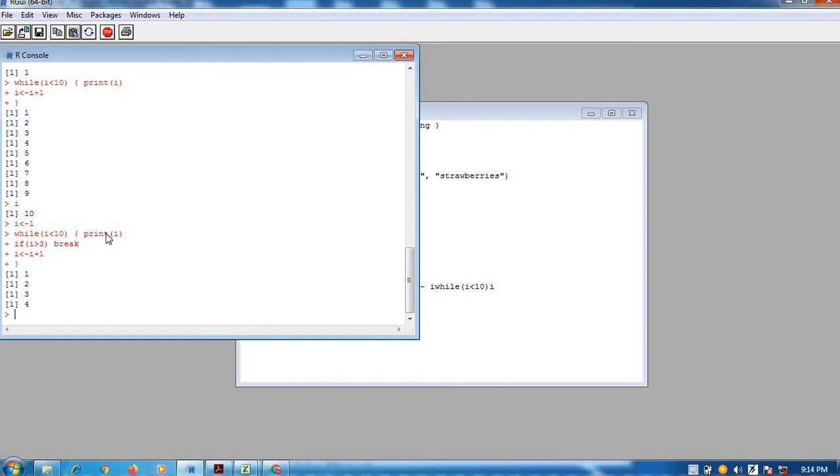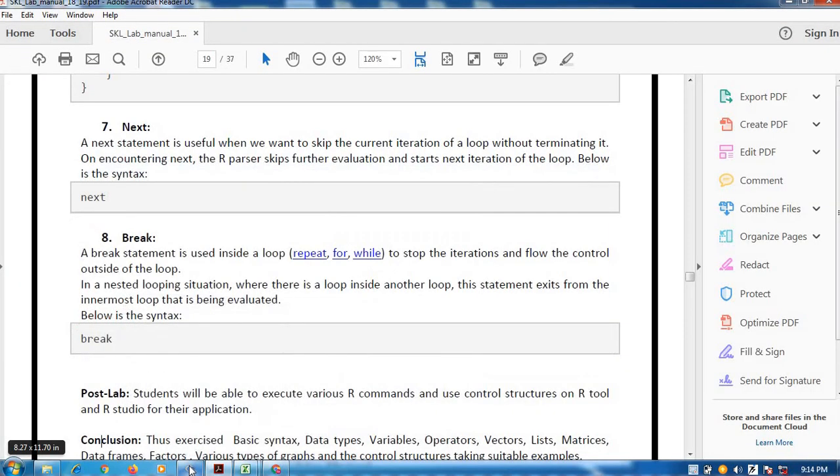If I write the print statement after this if condition, then it will print till 3 only. Since print is written first, it is first printing 4 and then checking the condition and breaking, and it is not printing further things. So in this way you can use the break inside any loop. I hope you have understood the conditional statements used in R.